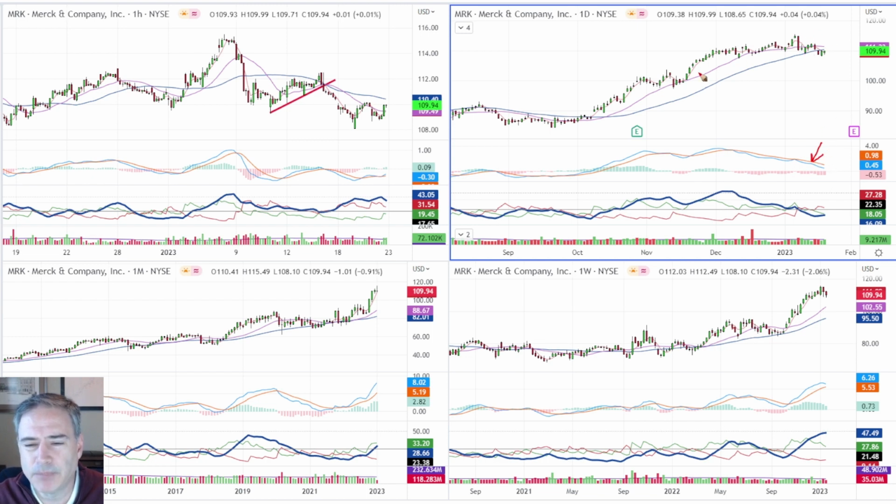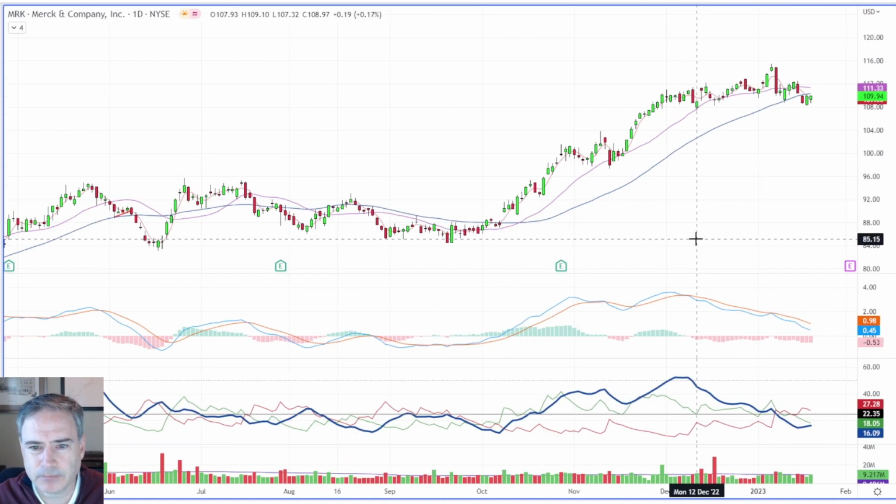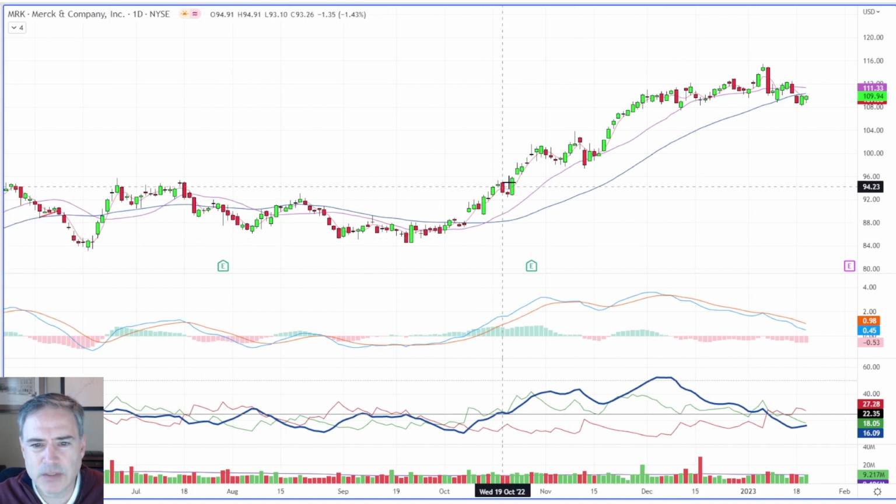Now, the other thing that happened is, if you notice, we went through this long extended bull run. You see how this is a pretty extensive bull run on the daily chart? And I want to zero in on this for a second. And so we get this move to the upside. Pretty nice move, bounces off the 18, bounces off the 18, but then we bounce off the 18 again, and we don't get any real follow through,